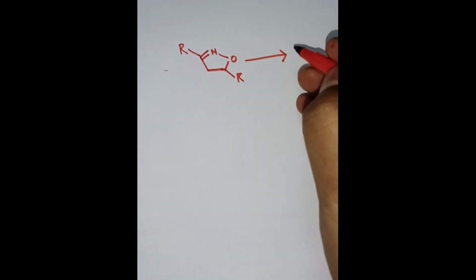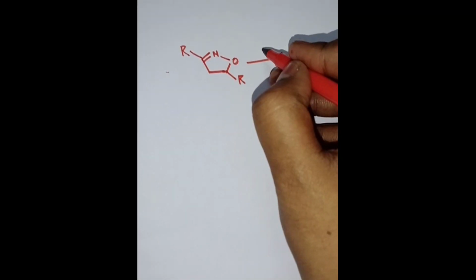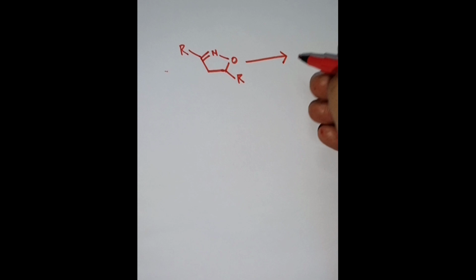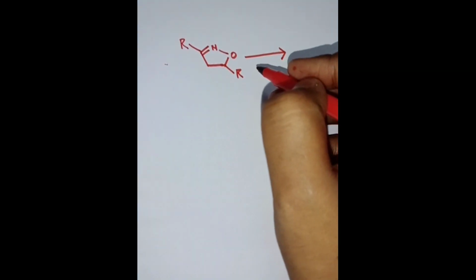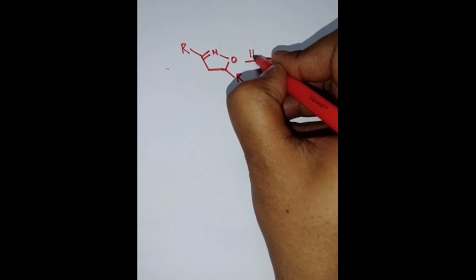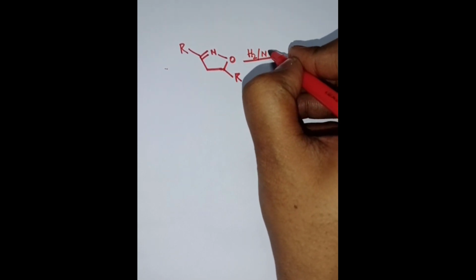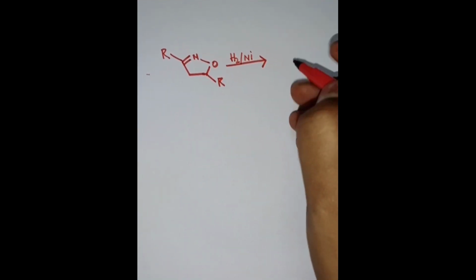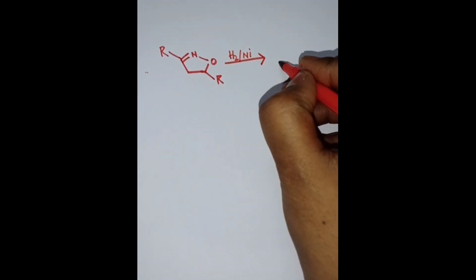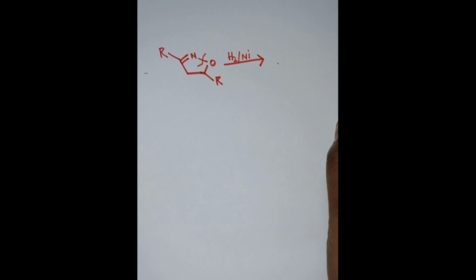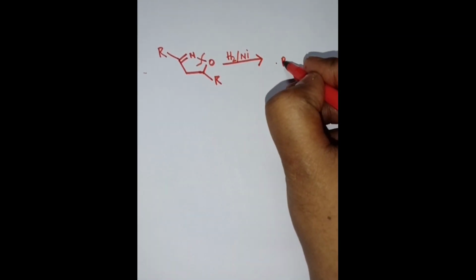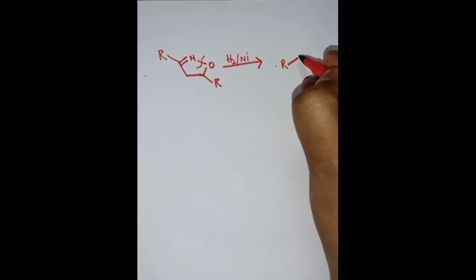So they can extend the question and they can give some different reagent and they can ask what will be the product. So suppose this is the product after 1,3 cycloaddition, and if H2/Ni is used, this is a reducing agent, so that time this weak bond will be cleaved and we will get